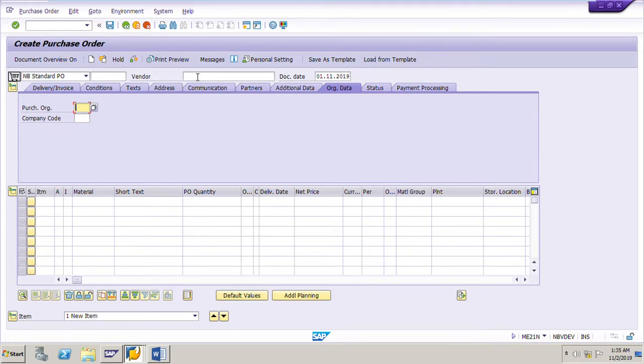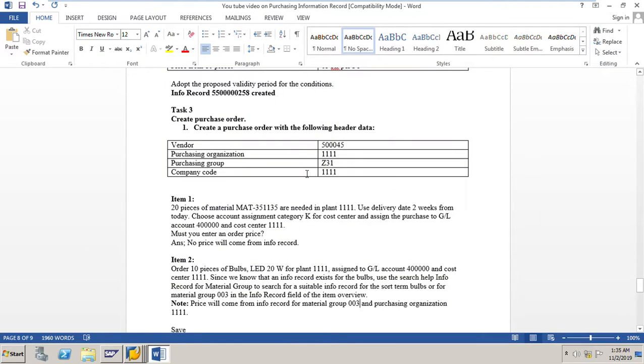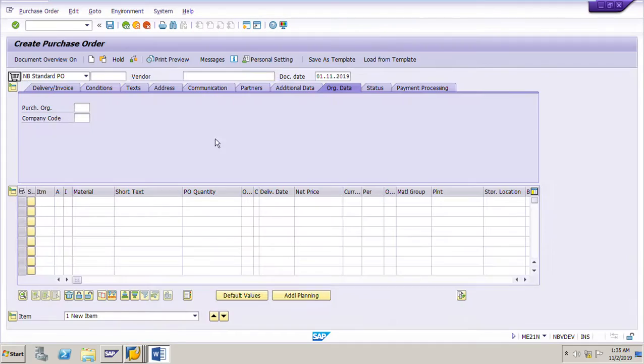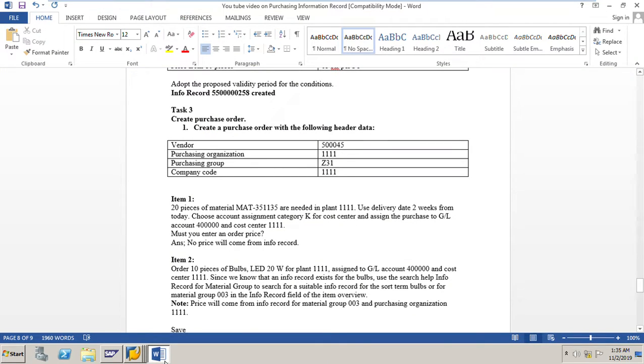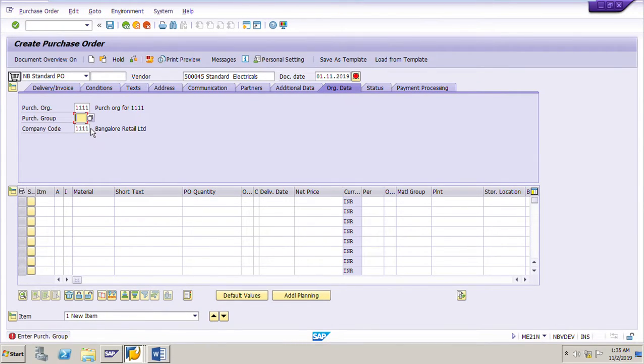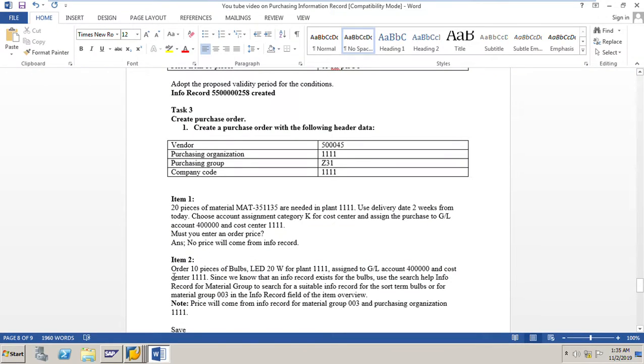Okay. What is the vendor here? 500045. Purchase organization is 1111. Company code is also 1111. Purchasing group Z31. It will ask for purchasing group Z31, and in the item details, first we will enter this material mat